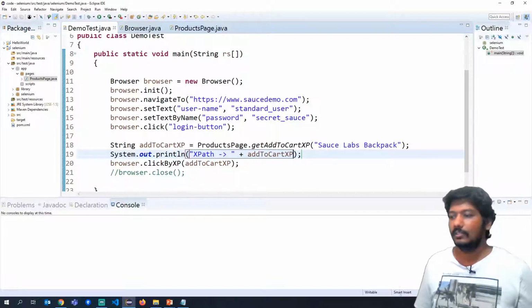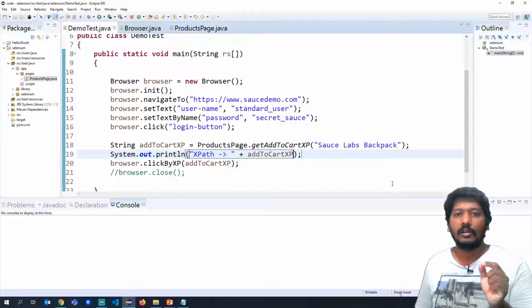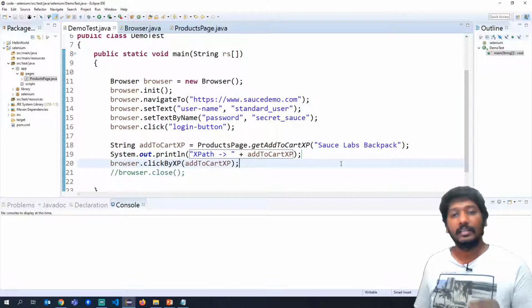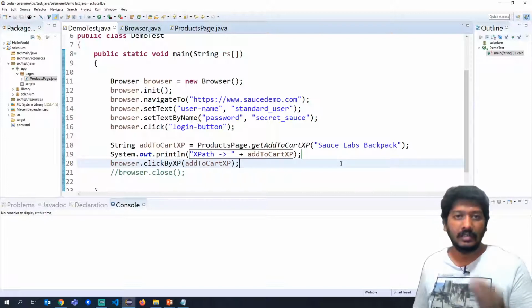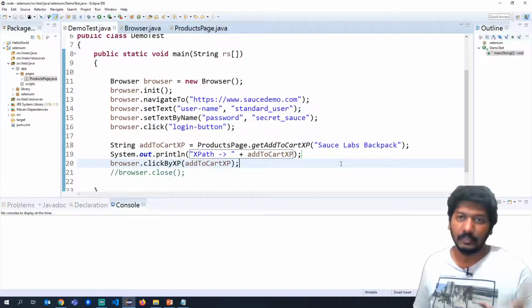Let us now execute this and see if it is properly clicking on the add to cart of Sauce Labs backpack. Okay, that is important. So again, if you don't know or did not understand how we got the XPath, I would suggest to click on the icon present on the top, which talks about how we create XPath for any elements. Okay, let's now execute.